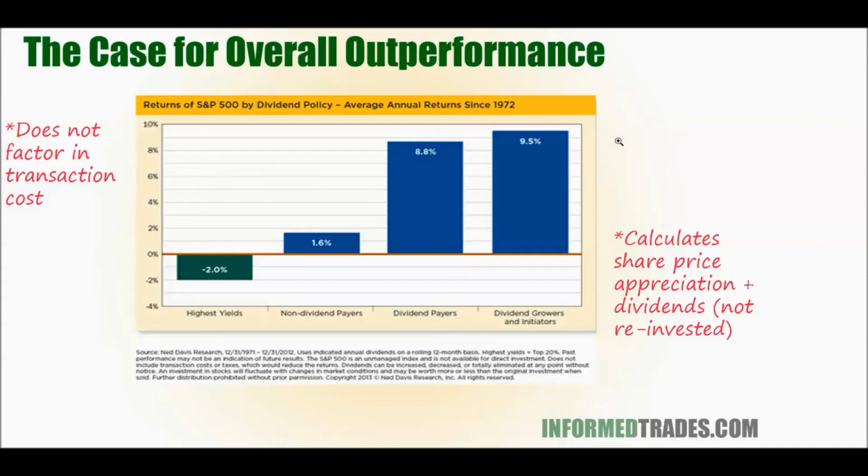So it's rebalancing every year basically, and it's not factoring in transaction costs, which is a pretty significant caveat, especially in these two categories where the numbers are less than 1% apart. Transaction costs, depending on the size of your portfolio and such, may actually alter some of these numbers. But you can still see that dividend growers